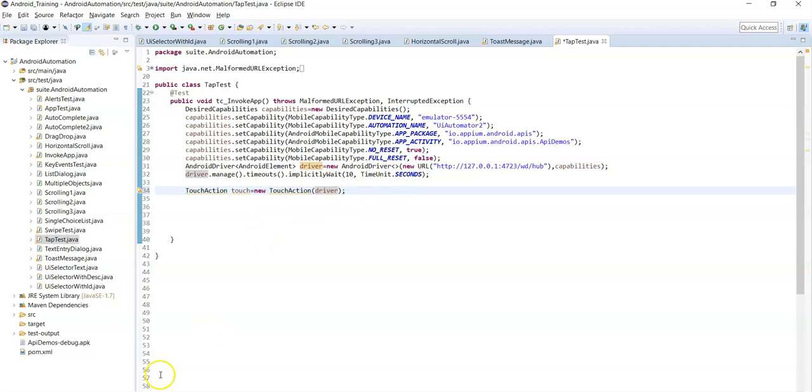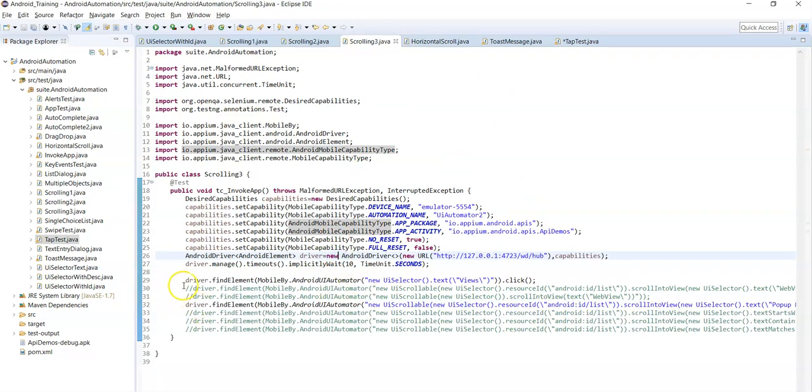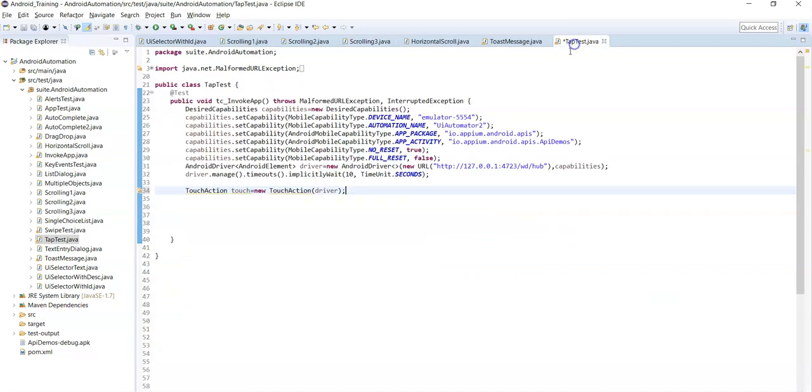Here we are going to tap on Views, right? Let's copy the locator of Views. Now hold it in an AndroidElement variable, views.